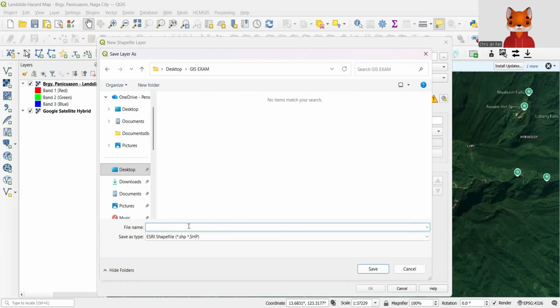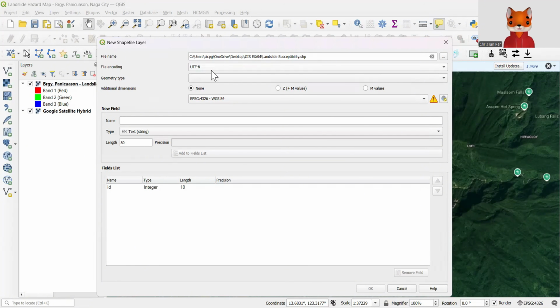My file name will be landslide susceptibility. Susceptibility is the probability of the landslide to occur. They are low, moderate, high, and very high. So you select landslide susceptibility, then select save.